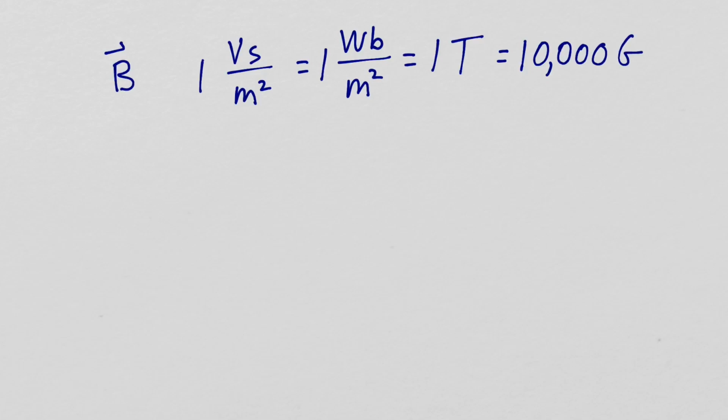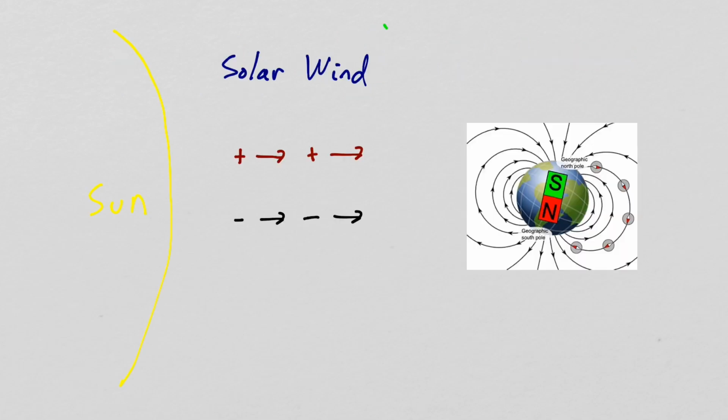Flowing from the sun is a collection of charged particles like protons, electrons, helium nuclei, and atomic nuclei of some heavier elements like carbon, nitrogen, and oxygen. The surface of the Earth is protected from these charged particles by the Earth's magnetic field. We know these charged particles will experience a force given by Q u cross B. As these particles enter the Earth's magnetic field, they are deflected sideways and around the Earth.